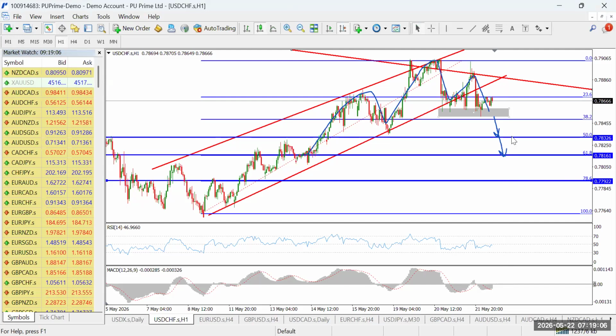But like I said, the level that is much more possible for price to get to is 50, based on the fact that today is Friday, and market volatility will play a big role in that. But overall, our trend for the USD CHF is a bearish one. A very bearish one on the USD CHF.